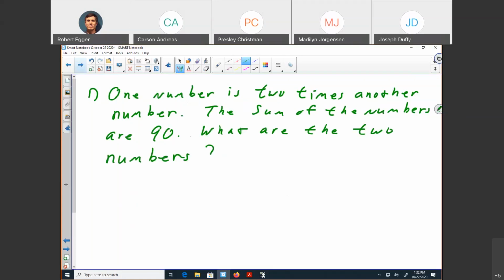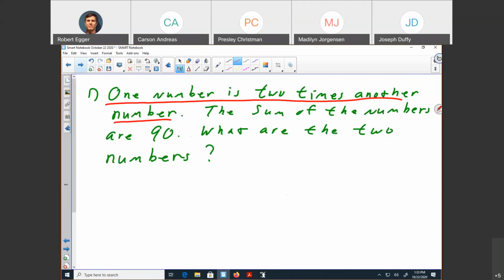All right. Now this one is a little different than the other ones. It's gone from one variable, and we actually have two variables here, because it says one number, I don't know. So let's go to the first part. Let's figure out what this guy is saying.